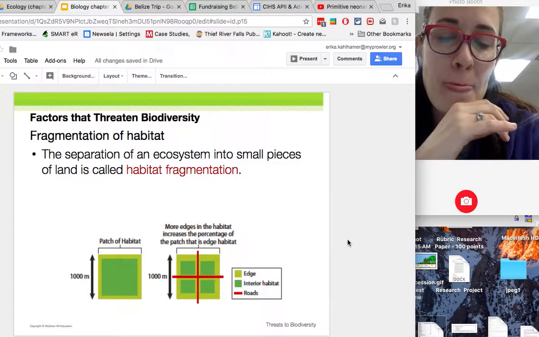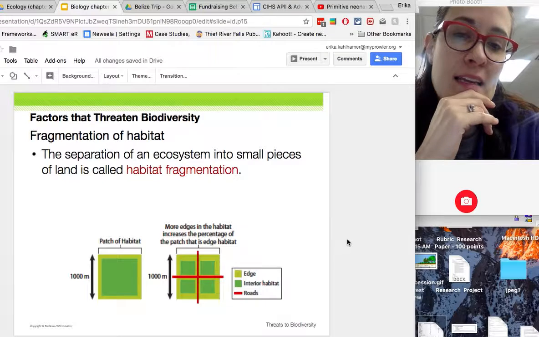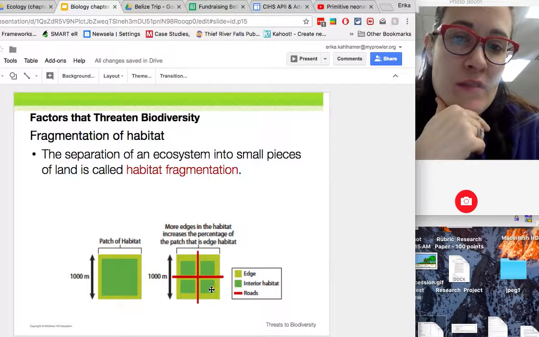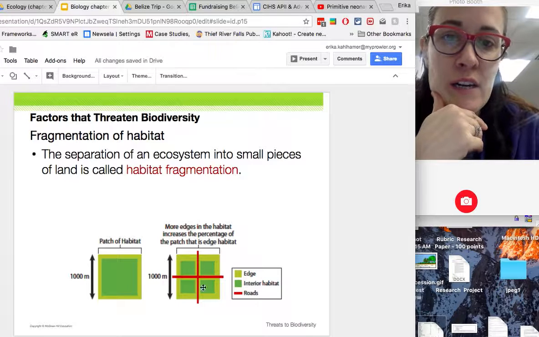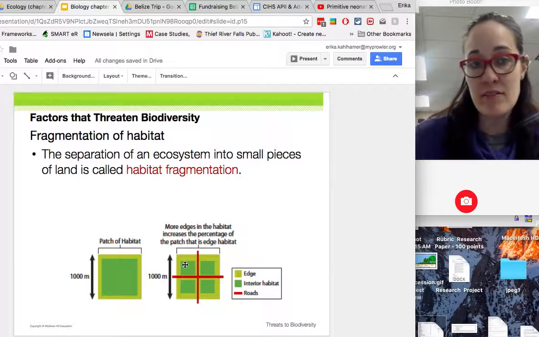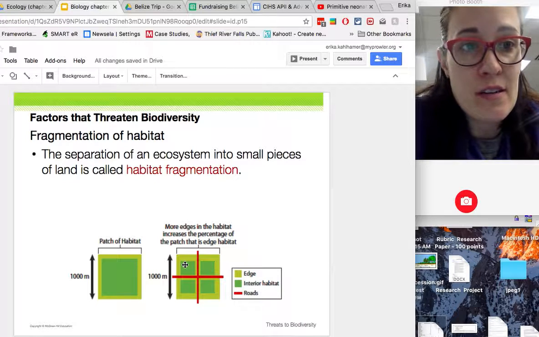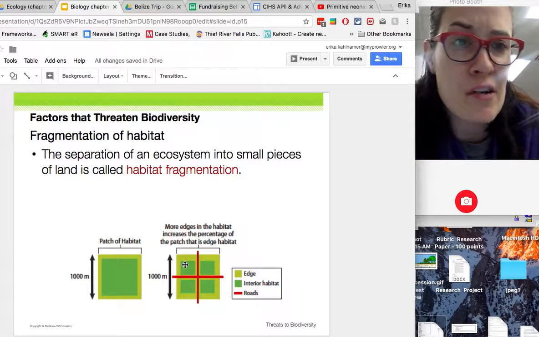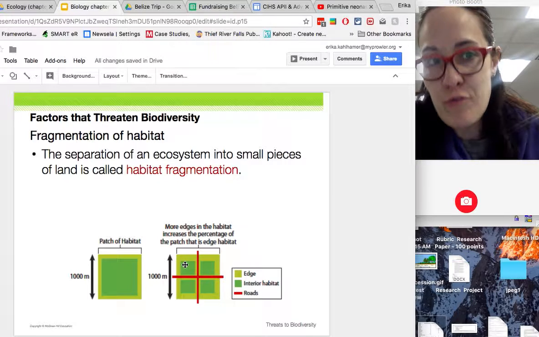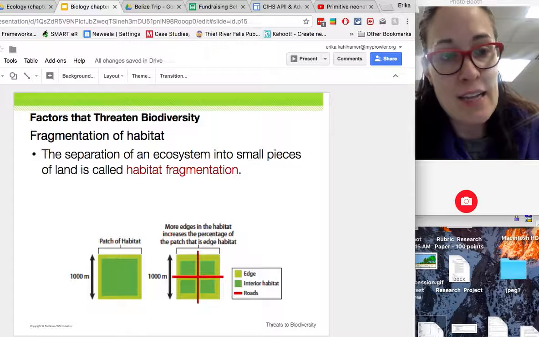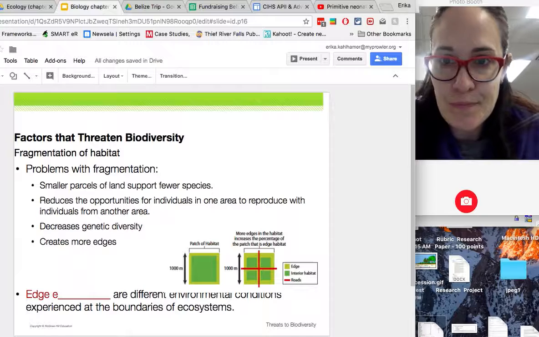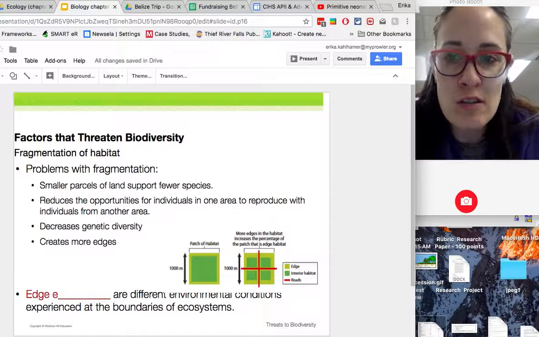Also, if you think about reproduction, let's say we fragment this habitat and we have male pumas over here and female pumas over here. The males are going to have to risk their lives to cross this big interstate or highway, whatever it is, and that's going to be an issue. I mentioned the pumas in Florida, and that is an issue in Florida with those pumas. So, smaller parcels of